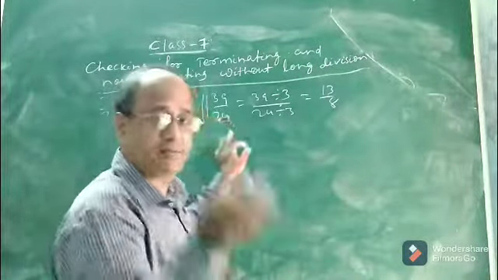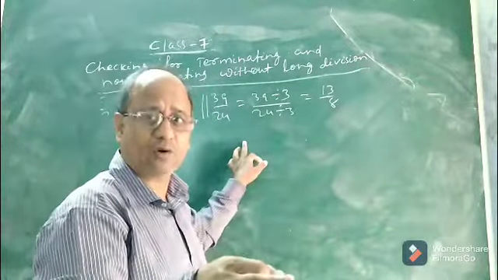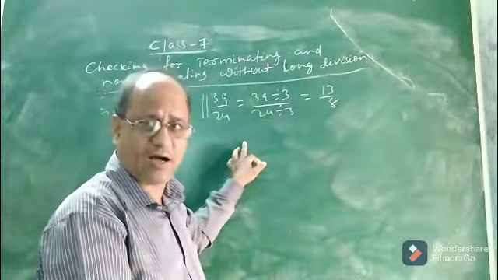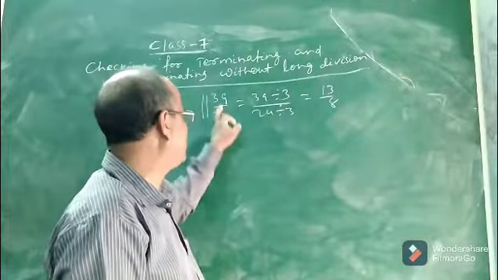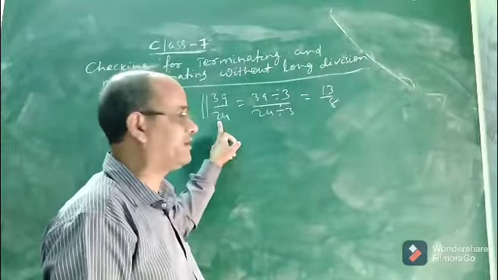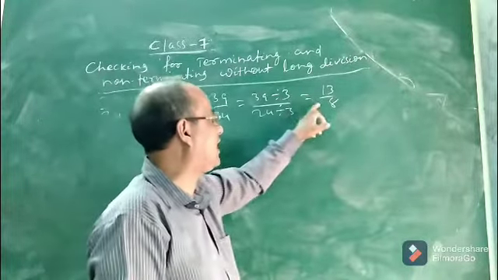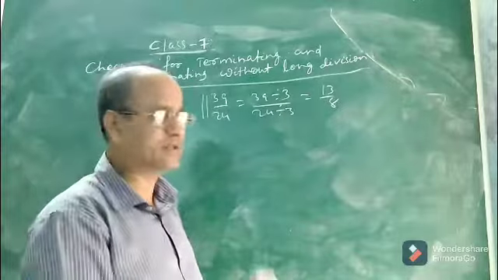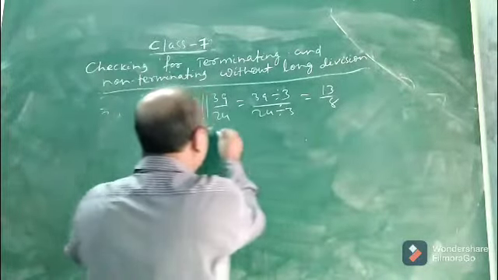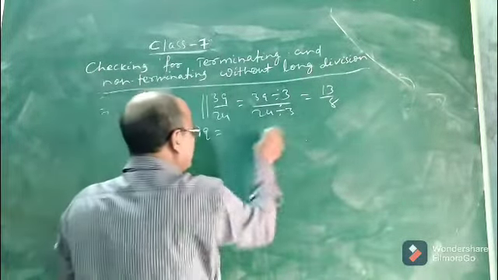But if they have a common factor other than 1, like in this case, where p and q have a common factor 3, you have to divide both numerator and denominator by the common factor and reduce it into lowest term. This is the first step. What is the second step? Now the second step is what is q. See, what is q here?